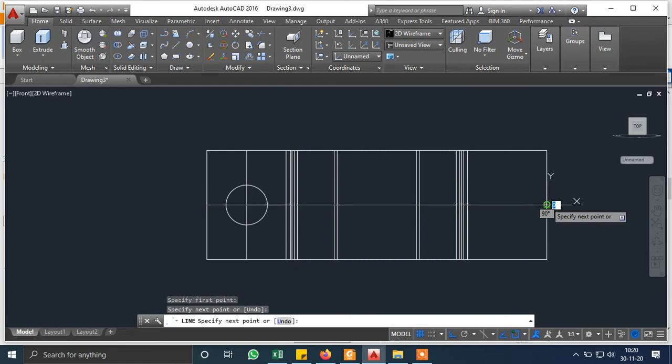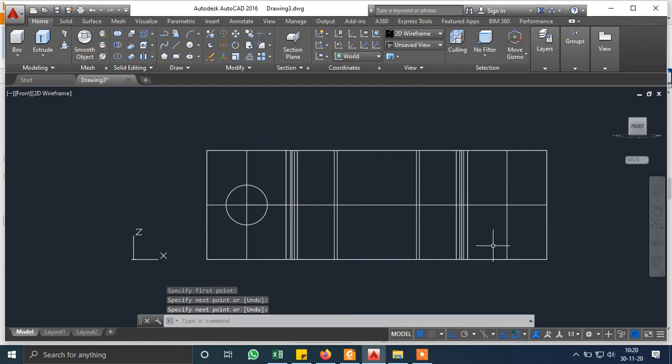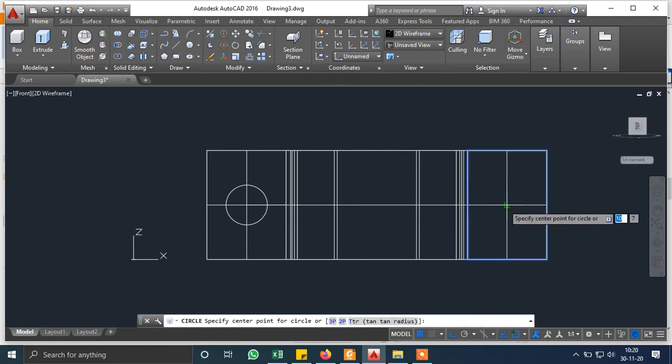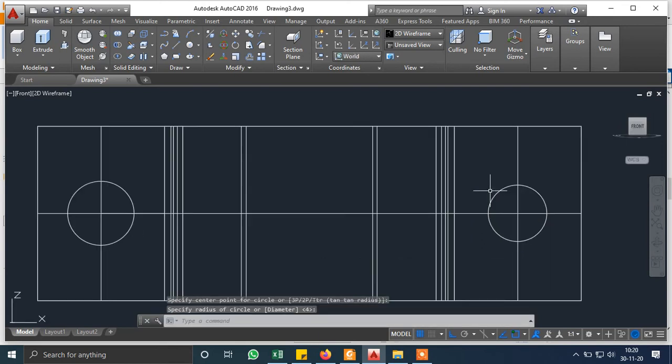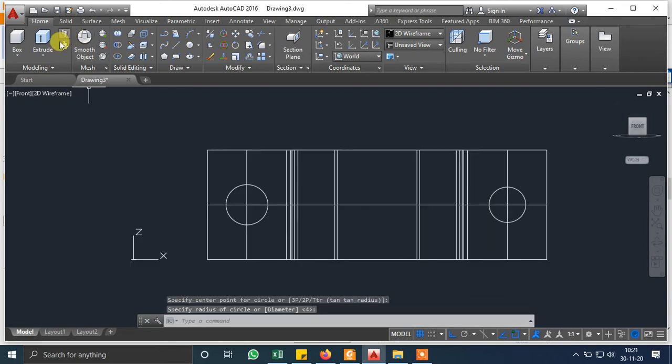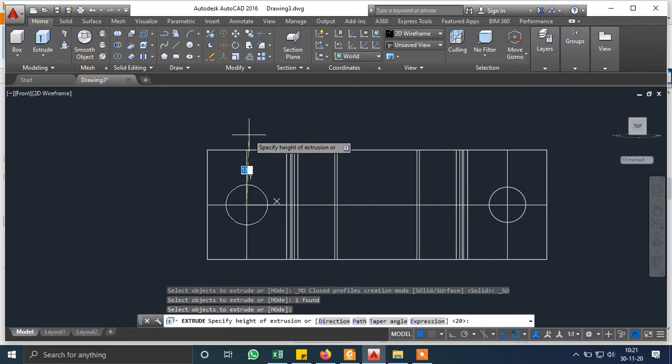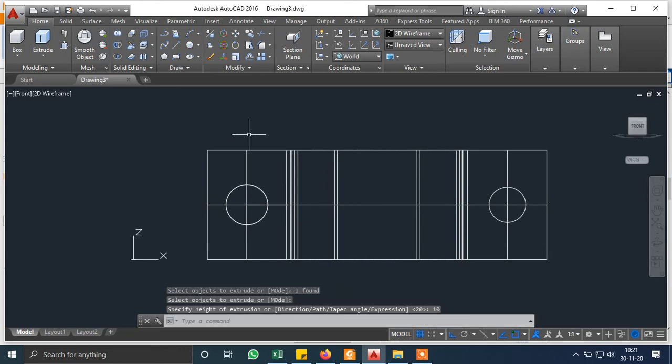You can transfer it this way. Then create a hole on this side also, of the same size. Then extrude the holes to some length. I am taking 10 mm because the thickness is 1 mm only, so don't go beyond that.